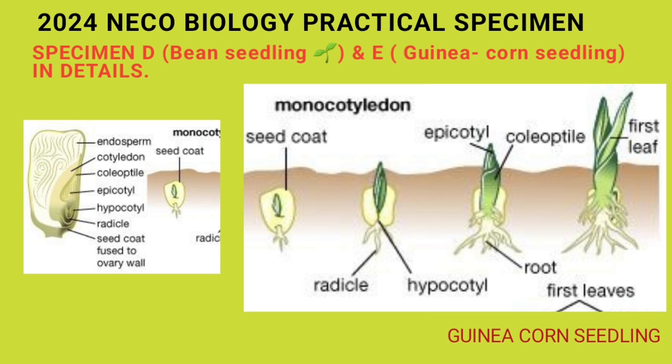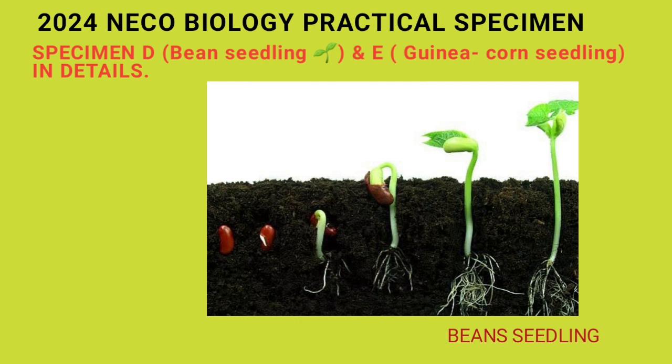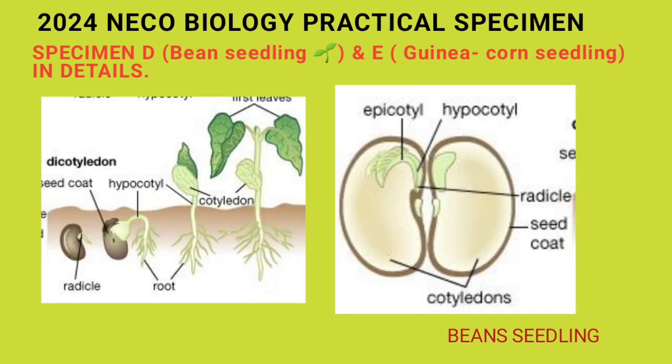So like I said, hypogeal germination is defined as that germination whereby the cotyledon remains below the soil. It remains inside the soil after germination, and then the next thing that follows is the elongation of the epicotyl. You understand? While in epigeal, the one that happens in beans, the cotyledon is carried above the soil. It comes out of the soil by the elongation of the hypocotyl. So do you understand? Now let us look at the last table, where I said we look at 3 or 4 observable features of the seedling of the